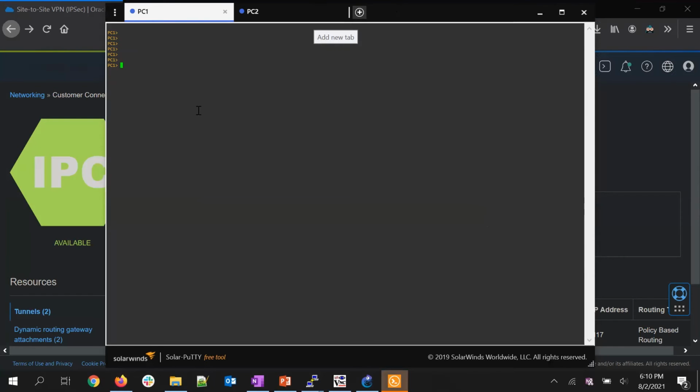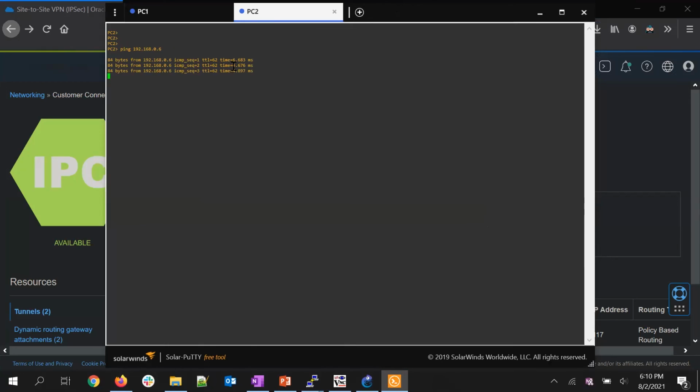Now that the tunnel is up, we will do a ping test again from our local host in both the networks to our remote host on OCI. The ping is working here from the other network. Yes, it's working.